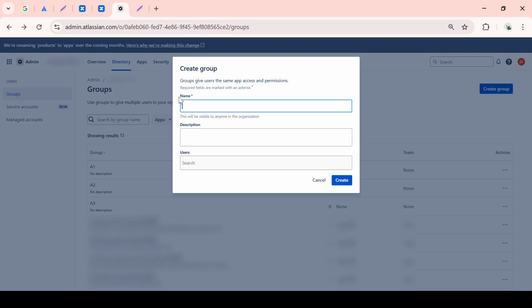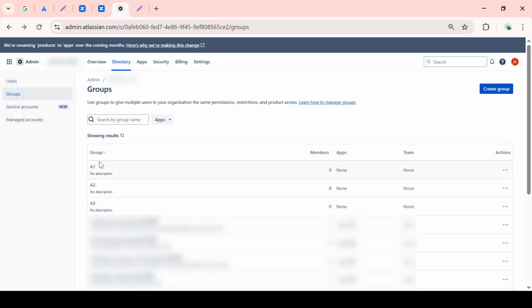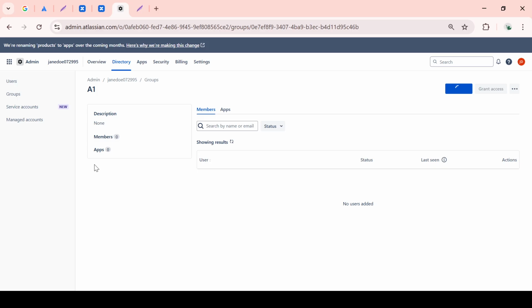To edit an existing group, click on the name of the group you wish to modify. This action takes you to a detailed page where you can add or remove members as needed. If you're adding users, you can search for them by name or email address. If you want to add multiple users at once, separate their names or email addresses with commas, and they'll be